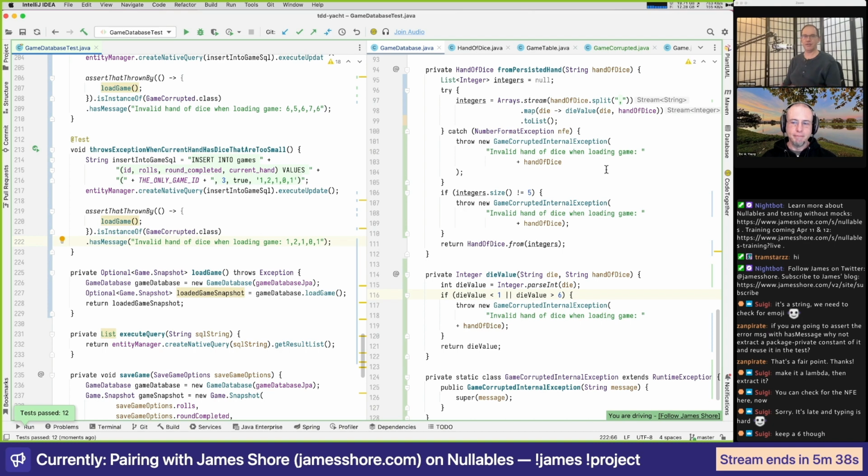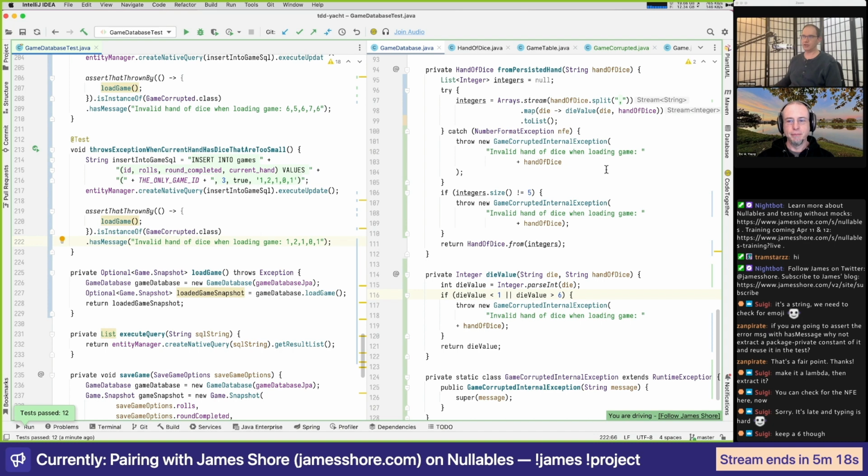Yep. If it was just a little runtime assertion to make sure that I wasn't making a dumb mistake, I wouldn't test drive that. But if we're going to say here that the responsibility of Hand of Dice is to do all the boundary checking, then that needs to be test driven.